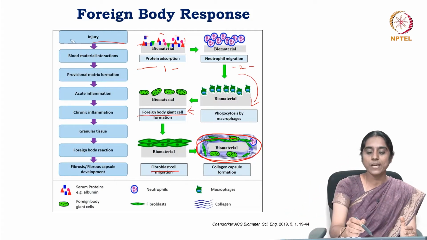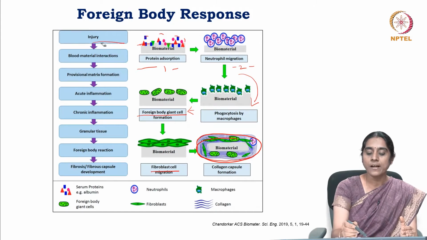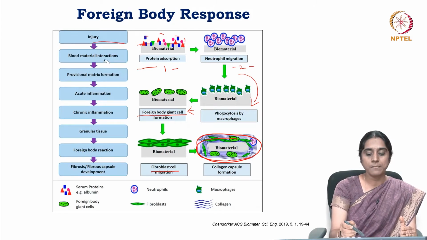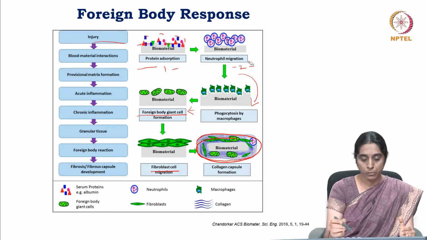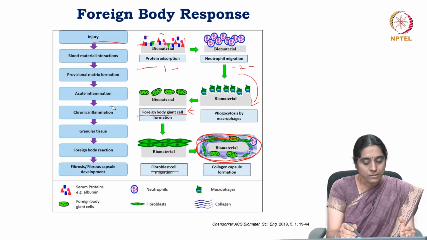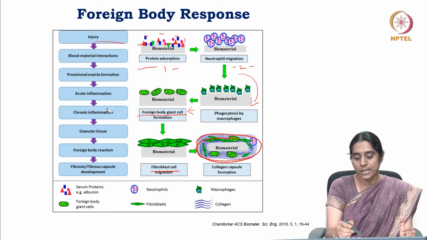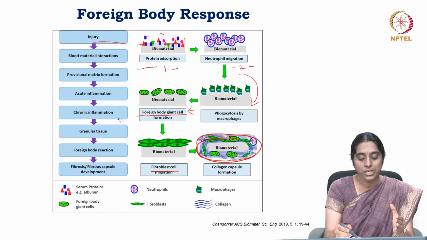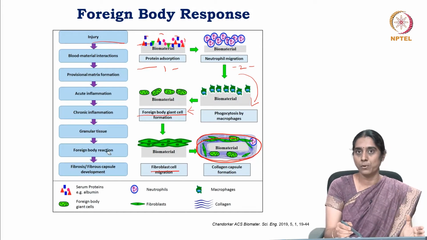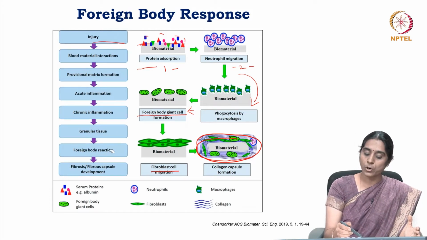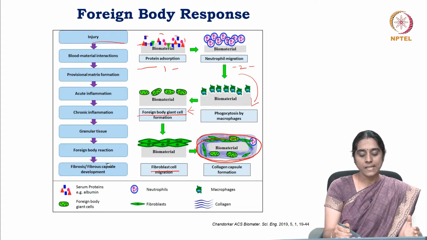Generally, if you see here in the flow chart, the injury will cause blood-biomaterial interaction, causing provisional matrix formation, leading to acute inflammation for a few days, and if it persists for weeks, it leads to chronic inflammation, leading to granulation tissue formation, and then the foreign body reaction happens, thus ultimately leading to the fibrous